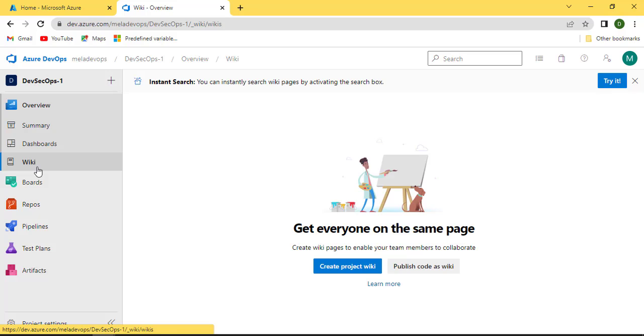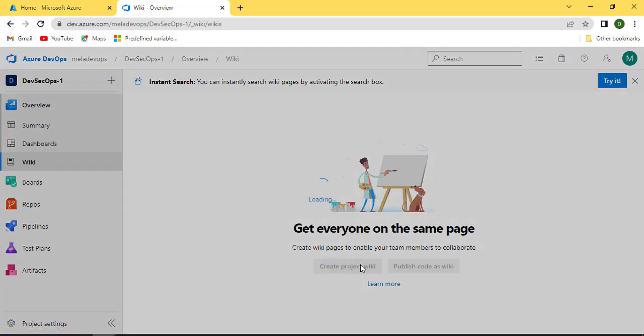Or whenever you are setting up any process and you're taking a go ahead from all the stakeholders, you need to have a proof for yourself, correct? So you can put it in the wiki for reference. If tomorrow down the line someone comes and says, we have not asked you to set up this process, you can show the wiki page also. So this is what the wiki page is all about.